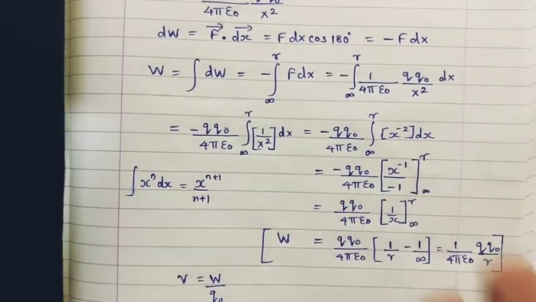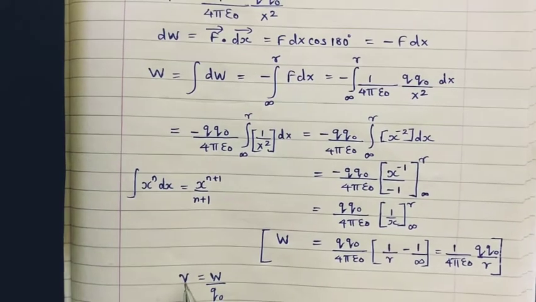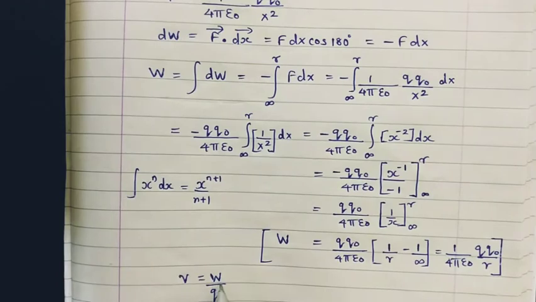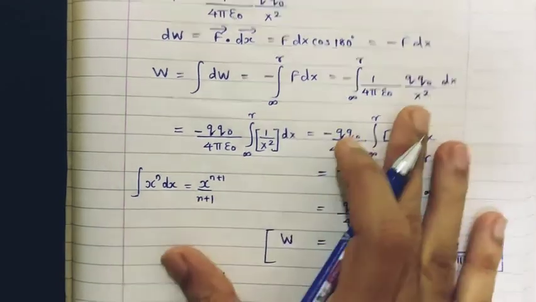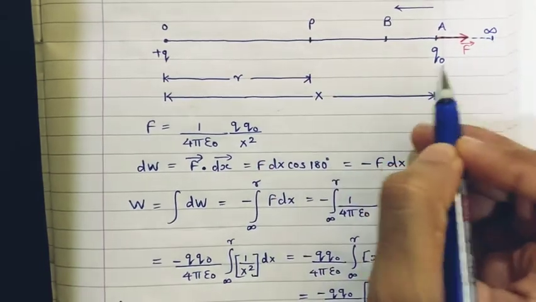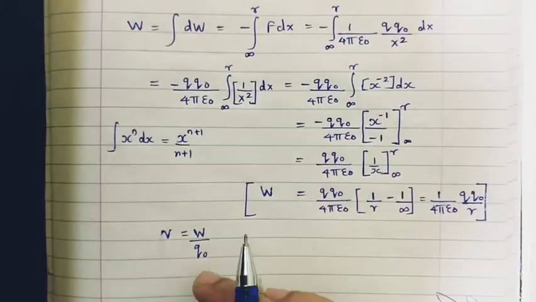Yesterday in the previous lecture we saw, it is the total potential at that point. Electric potential at that point is the work done in getting that charge from infinity to that point divided by that charge which you are getting, that is q naught. Okay, so from there we get this expression.